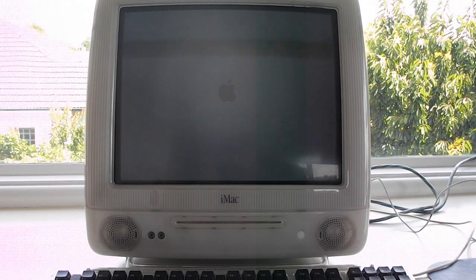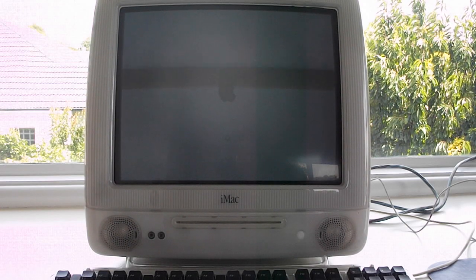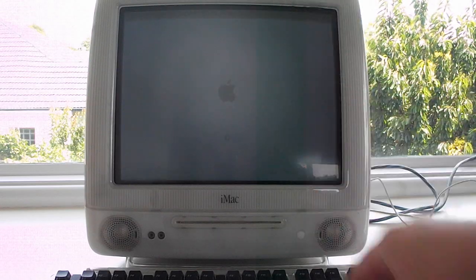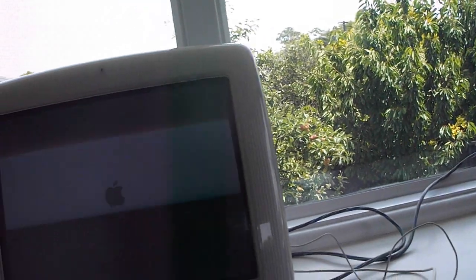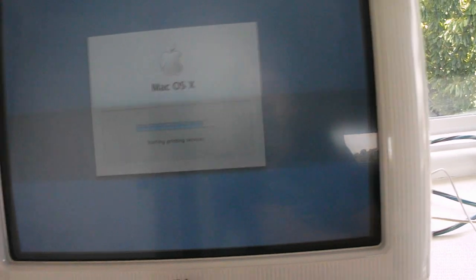And we have a CRT display. Looking rather sorry for itself, actually. Very, very dim in this corner. That green line is to do with the camera. If I move the camera around, you'll see it sort of... No, it's something reflecting on the... there's no green line in real life. It's going down the whole machine as well. But you'll be able to see it's quite dark in that corner, and the screen...